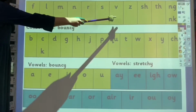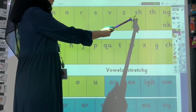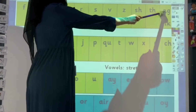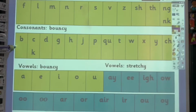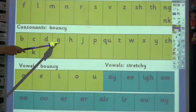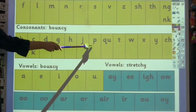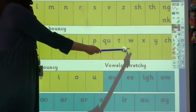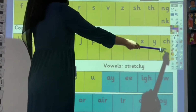S, z, sh, b, k, d, g, j, p, qu, w, x, y, ch,